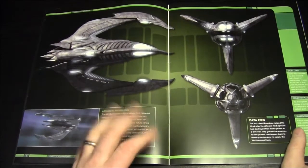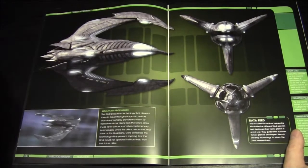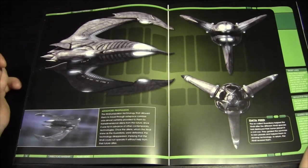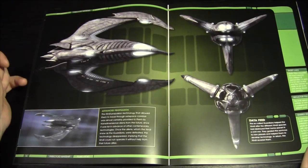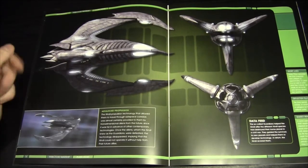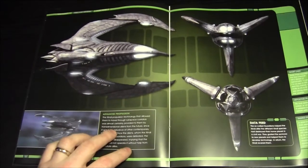Okay, lit up. There's the ship itself. It's very gothic looking. Sounds like a sea monkey. A what? The little creature where you put the eggs in water and they go into little sea monkeys. Yeah, advanced propulsion. The Xindi propulsion technology that allowed them to travel through